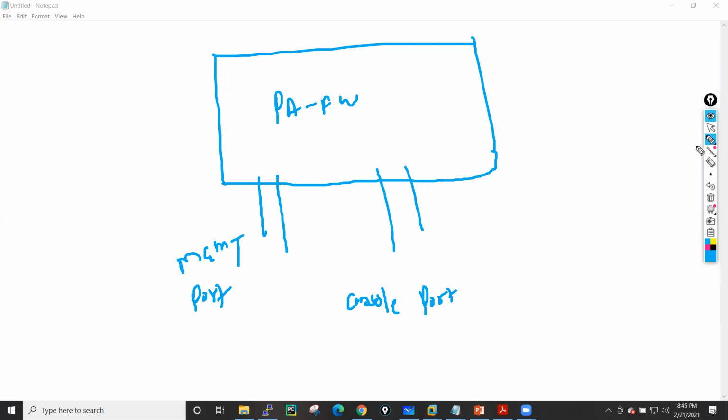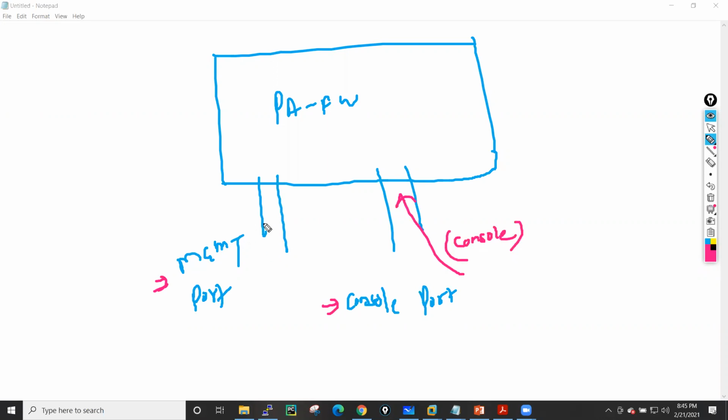How will you proceed? You have two options. Either you start configuration using your management port, or you use the console port. Whenever you need to connect with your console port, you need a console cable. So this is the requirement.